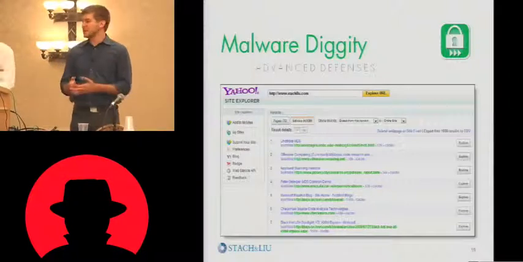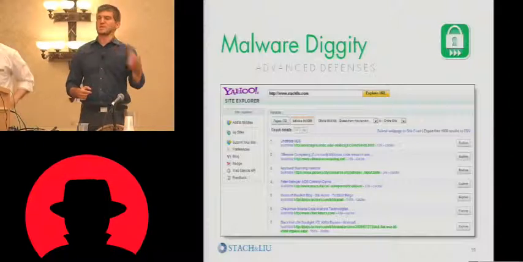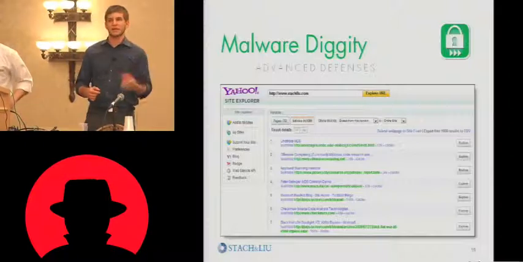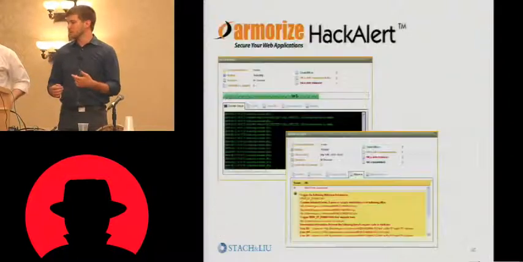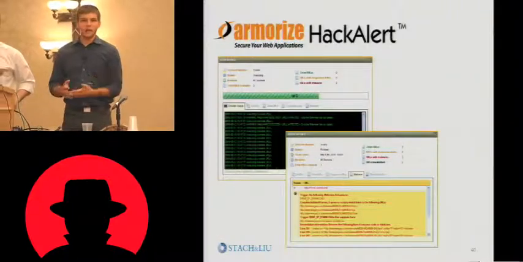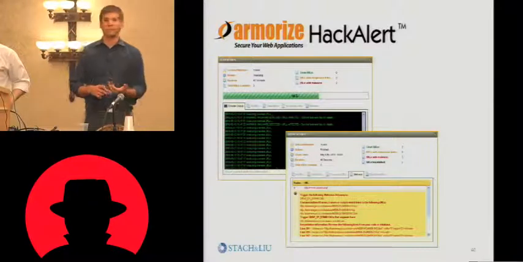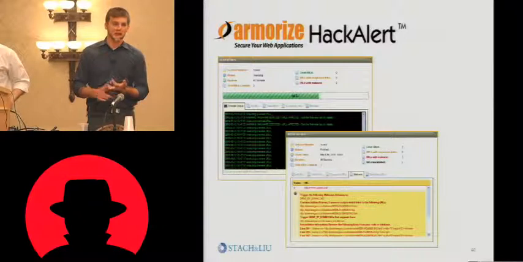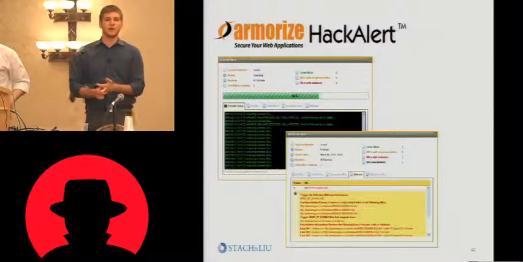If you want something a bit more proactive that's actually going to do things like deobfuscate the JavaScript of the malware that's embedded in your site, I'd recommend checking out Armorize's HackAlert. They will crawl your site for you rather than relying on Yahoo or Google. Especially if you're a site that has a lot of static content, the Googlebot's not going to crawl you very often, maybe like once